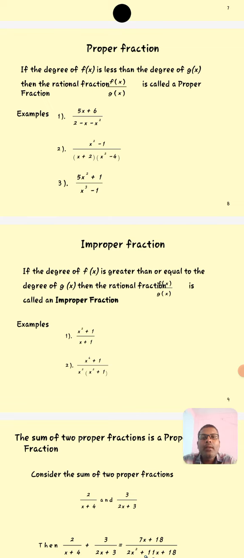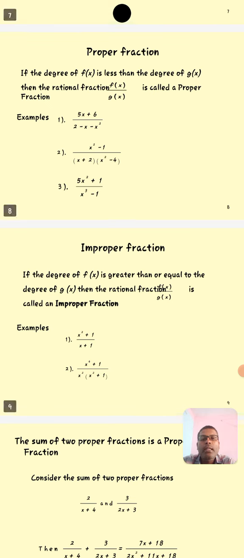So this is called what? Proper fraction. Whenever the degree of f of x is less than the degree of g of x, it is called a proper fraction. You see again the second example, x square minus 1 divided by x plus 2 into